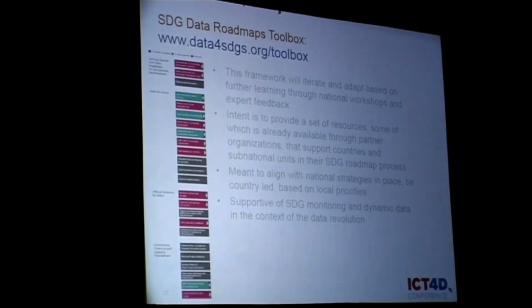So what are we doing about this? At the Global Partnership, there's 200 organizations that are involved. Everyone is working on various facets of how to address the SDGs. And what we're trying to do is really create and catalyze many of these methods that are being developed. So one of the things we're doing is creating a toolbox, which is providing a number of different best practices and guidelines and tools on how to kick off a data roadmap process. What does it mean for data for action when you're working with citizen-generated data or open data or geospatial